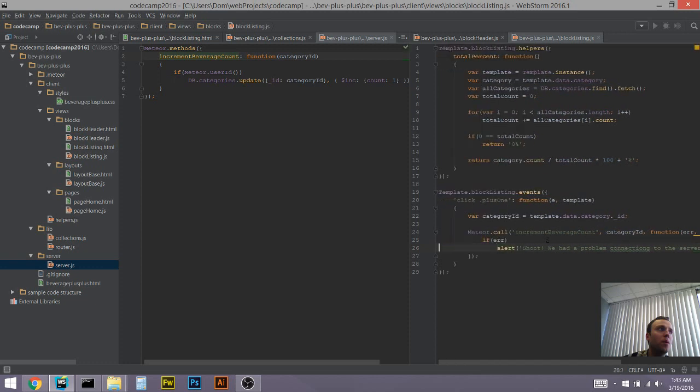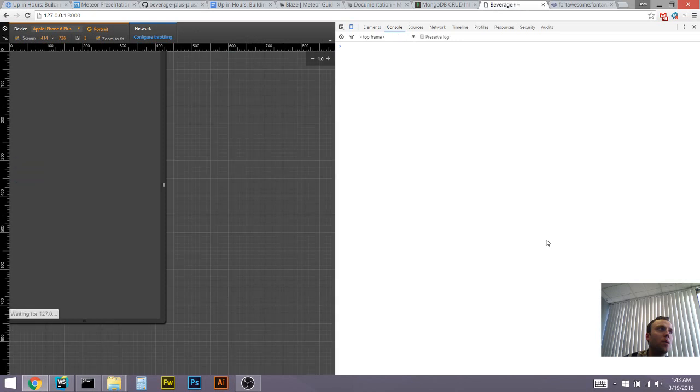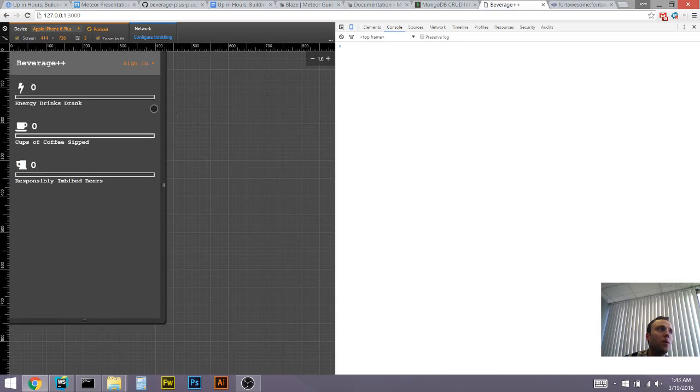Again. Okay. Great. So if there's an issue, that's going to bring up an alert. We're probably not going to demo that. We're just going to trust that it works. Okay, so now we have our interface. It has icons in it. It has zeros. It has energy drinks drank and cups of coffee sipped and all sorts of crazy cool stuff,